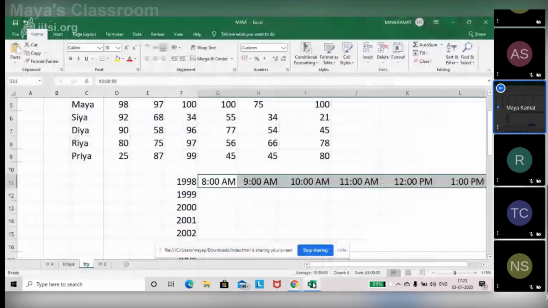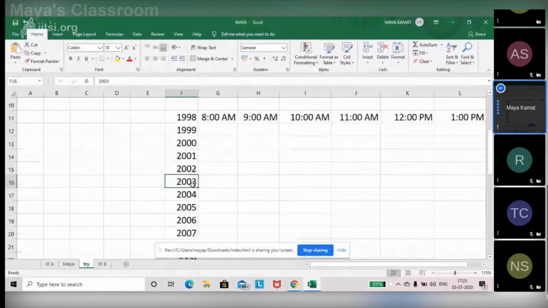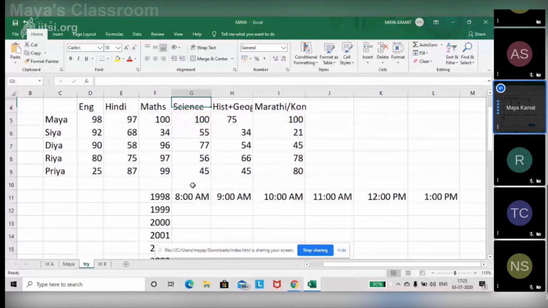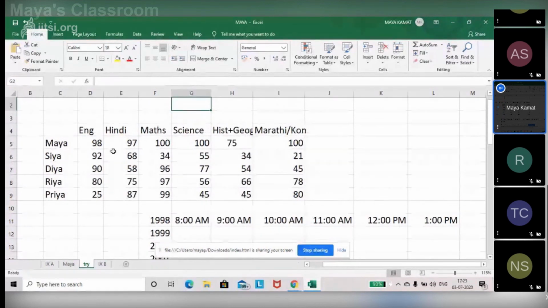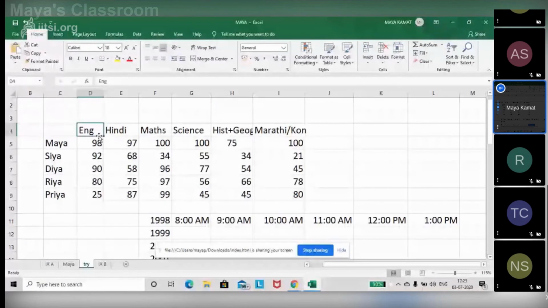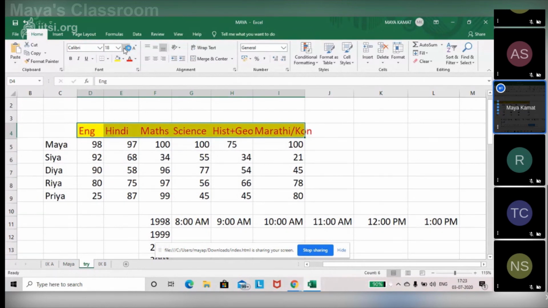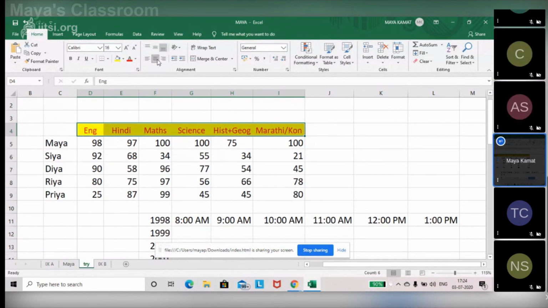It not only autofills the date, it also autofills the time. Apart from helping you with the formulas, which are also autofilled and auto calculated, it can help you to make your results also, right? Apart from that, it can also help you to do all sorts of formatting. You could put color, you could change the font color, you could increase the font size, you could decrease the font size, you could center a line, right? Just notice what I'm doing over here.